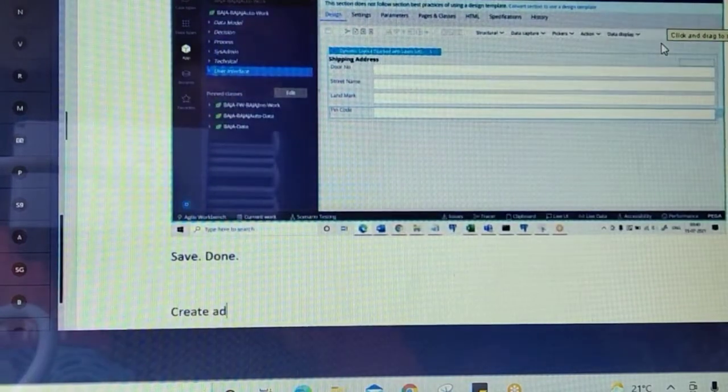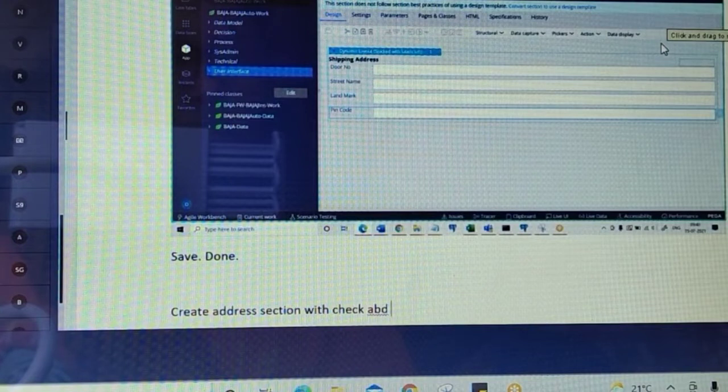Create an address section with a checkbox and the two sections included.